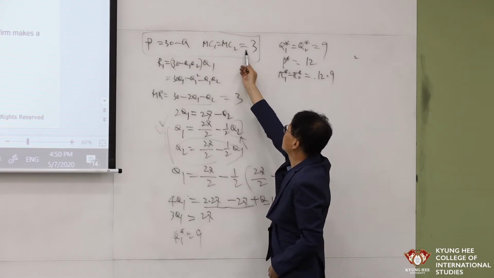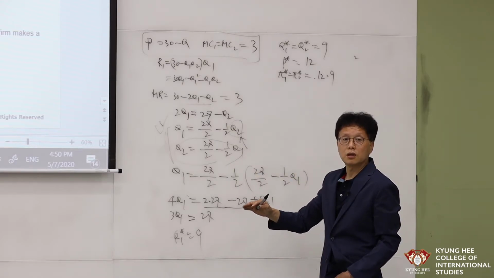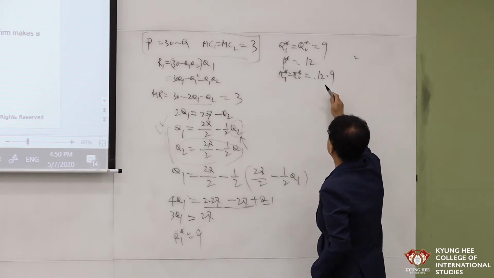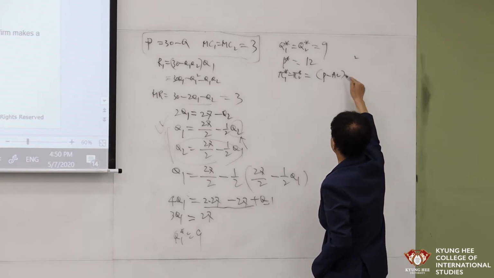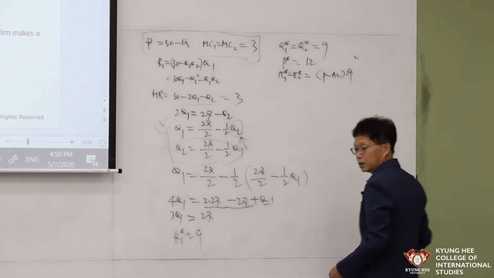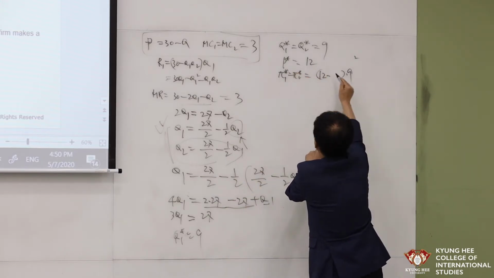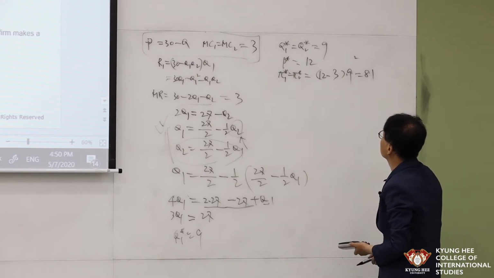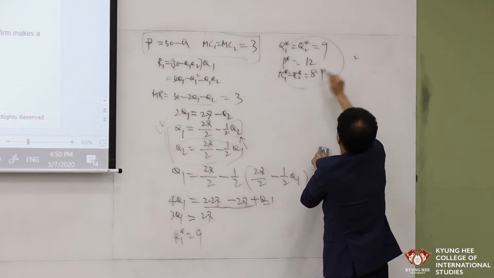Now think about it: marginal cost is constant at 3. So average cost is also 3. Then profit is equal to price minus average cost, multiplied by Q. Q is 9, and here price is equal to 12, average cost is 3. Then that is equal to 81. So that is the